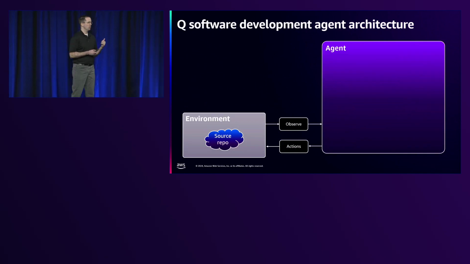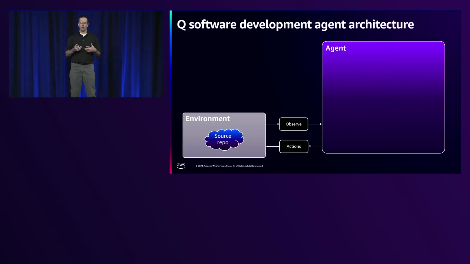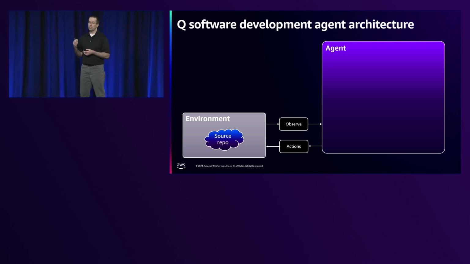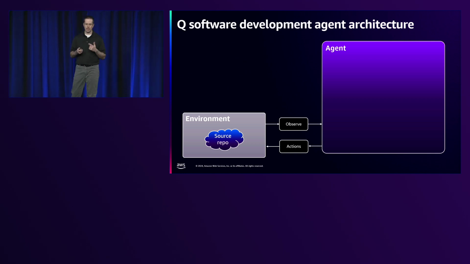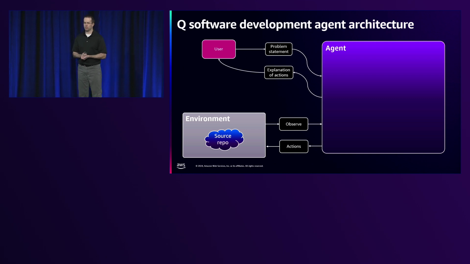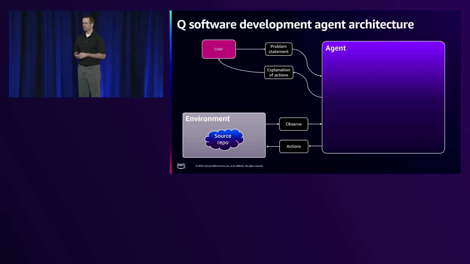So here we are back to a very similar picture to what we showed with our vision. In this case, I'm going to talk specifically to how the software agent's working today. It currently uses the source code repository for context, it observes it, and it takes actions on it. This agent starts with the user providing a problem statement in the form of natural language. Then the agent will work to solve the problem while providing the user an explanation of its actions as it